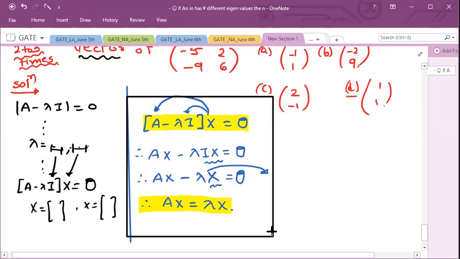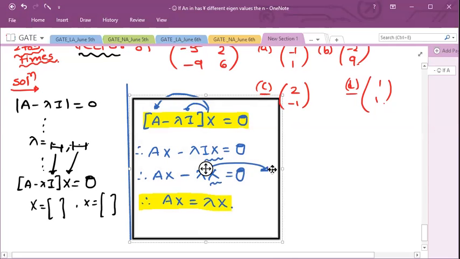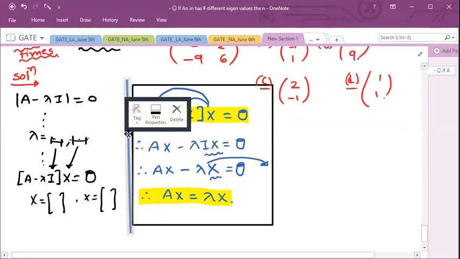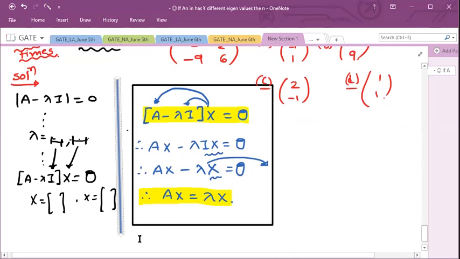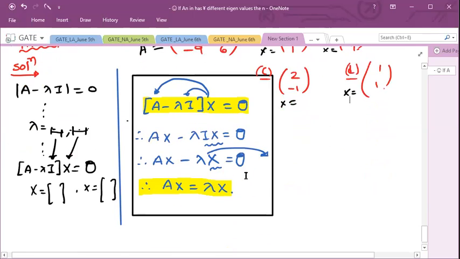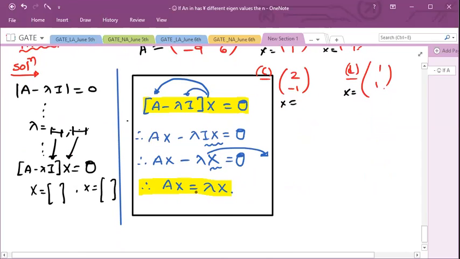Now, based on that, let us try to solve this question. So here, if Ax is equal to lambda x for an eigenvector, then how can we find it here? We are given A in this question. See over here, this is A, and these are different x. We'll multiply all these x one by one with this A. That is, we are going to use the trial and error method, and after multiplication, we check whether we are getting this form, lambda into x.